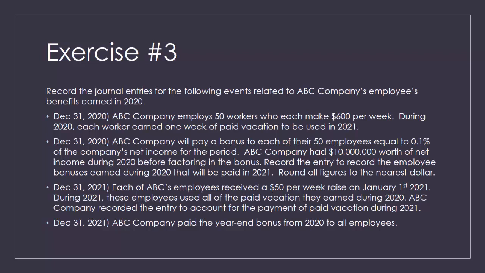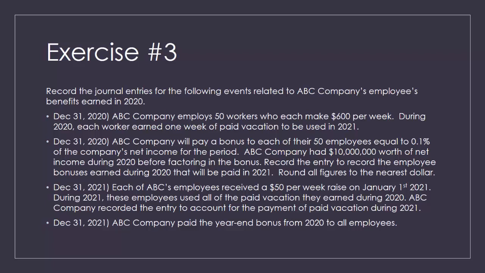We also pay a bonus, and that bonus is each employee, we have 50 employees, gets 0.1% of the company's net income during the period. ABC Company had $10 million worth of net income, so we need to put any bonus to be paid out in the future on our books. And then on December 31st, 2021 this time,